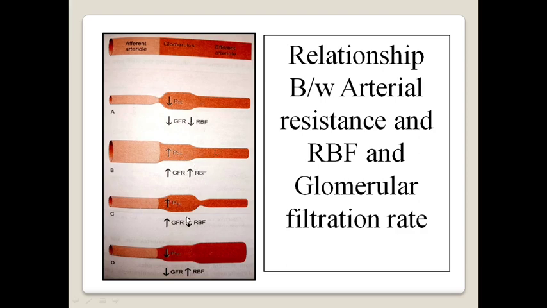Now come to the third condition. Suppose this afferent arteriole diameter is constant, but efferent arteriole diameter is reduced, or the efferent arteriole gets constricted. So what will happen? The blood supply to the kidney will reduce. Why? Because there is an obstruction after this glomeruli. Blood will move from here to here without any obstruction, but it will feel the obstruction here. So subsequent blood will not enter, or will enter with difficulty, in this area of the glomeruli. So renal blood flow will reduce.